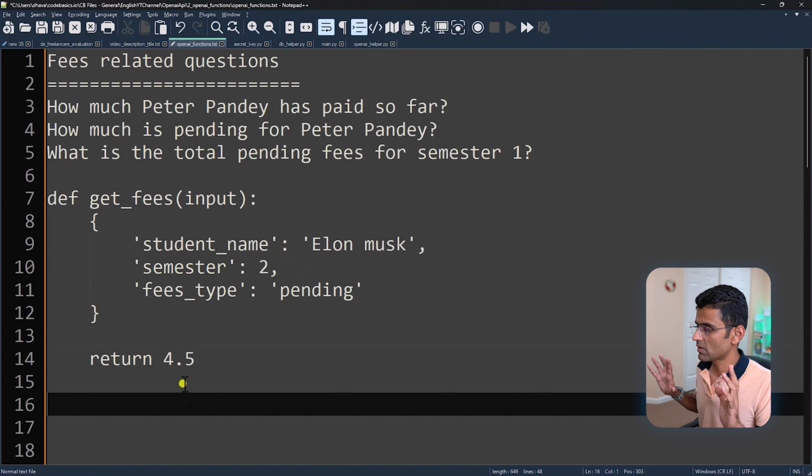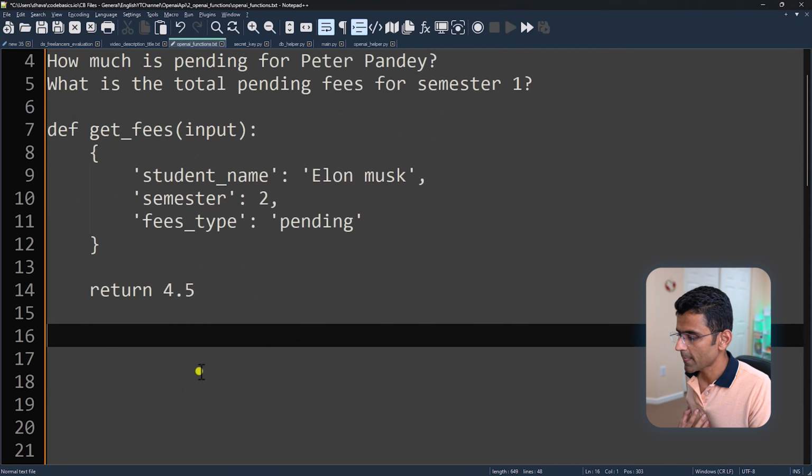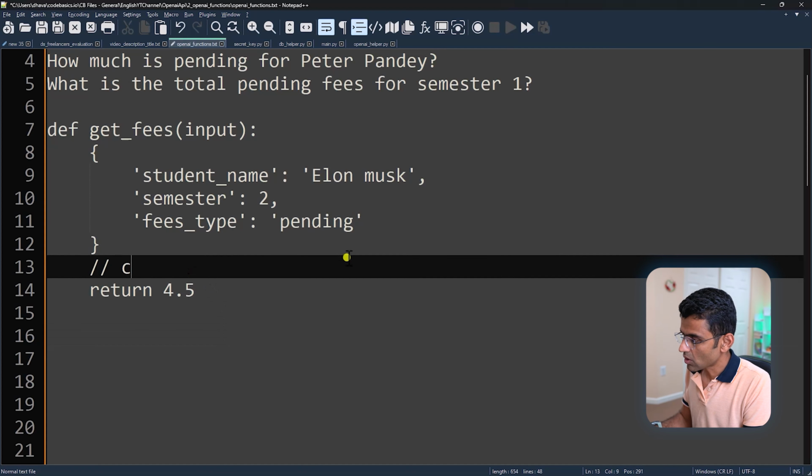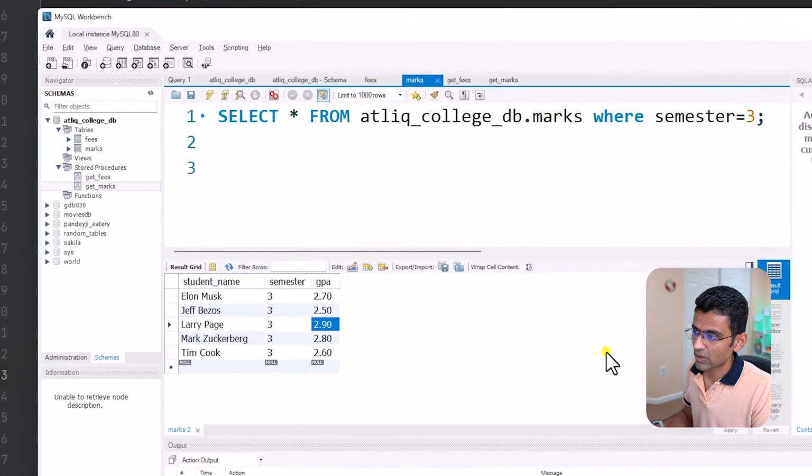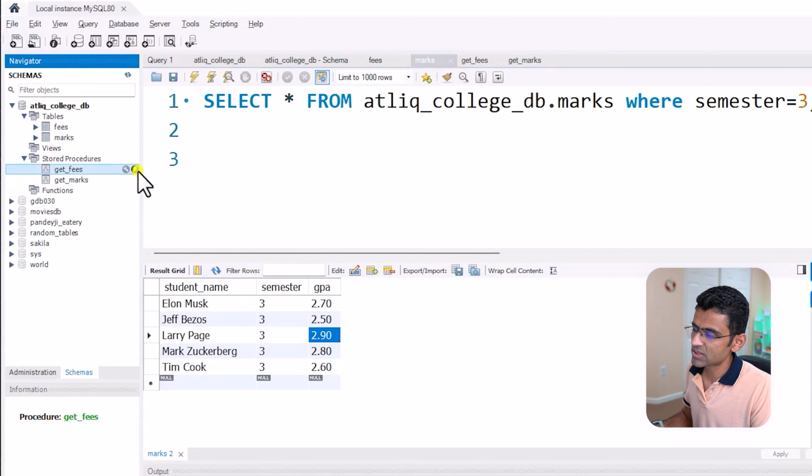This is how our Python function design is going to look like. And then I can go ahead and write Python functions, which will call the database and get the desired result. When you call the database, luckily we have all these stored procedures.